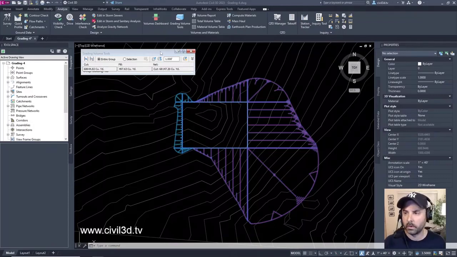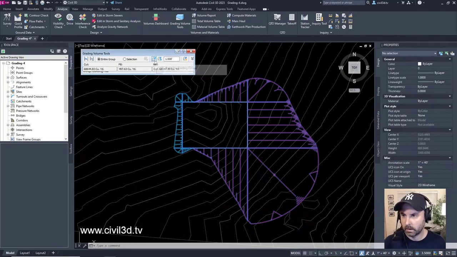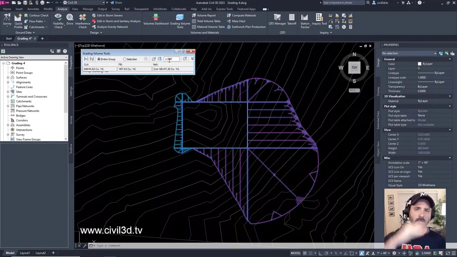Okay, what we're going to do is we're going to raise our pad up by 1 foot. If we want to raise our pad up by 1 foot, we just got a design change from our client that they're telling us, okay, go ahead and add a foot to the elevation. I'm sure a lot of clients won't necessarily want to have more fill added to a building pad, but this is just hypothetical.